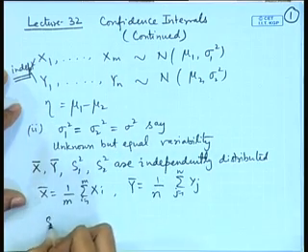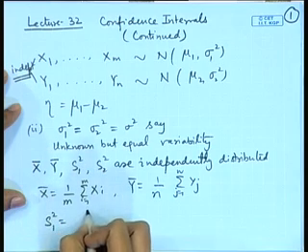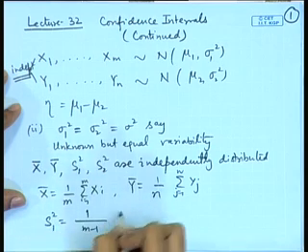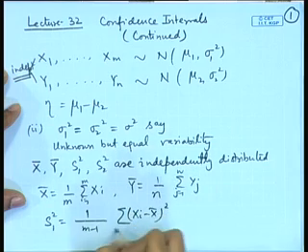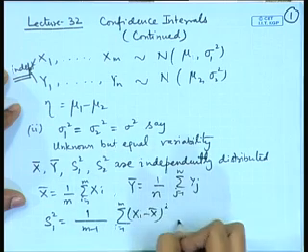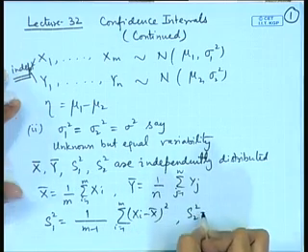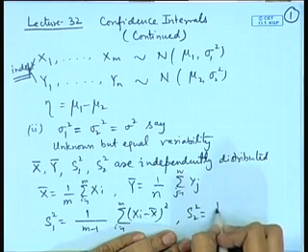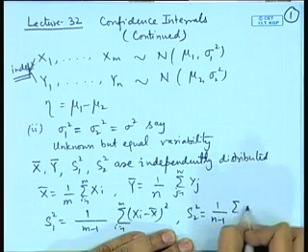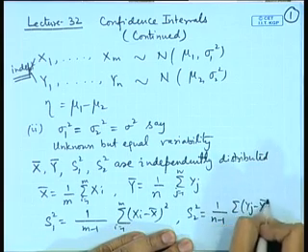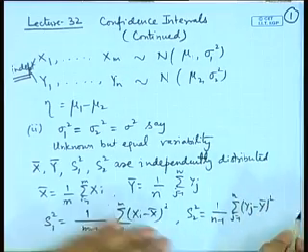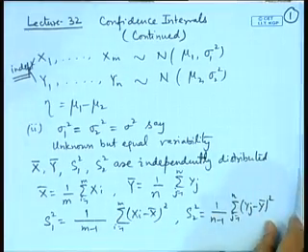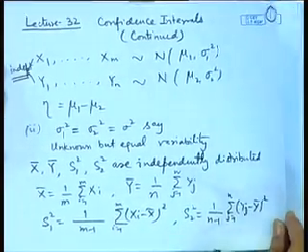If we consider the sample variance of the first sample, that is 1 by m minus 1 sigma (xi minus x bar) whole square, i is equal to 1 to m, and s2 square is equal to 1 by n minus 1 sigma (yj minus y bar) whole square, that is the sample variance of the second sample. If we consider these quantities, then we have the following observations,